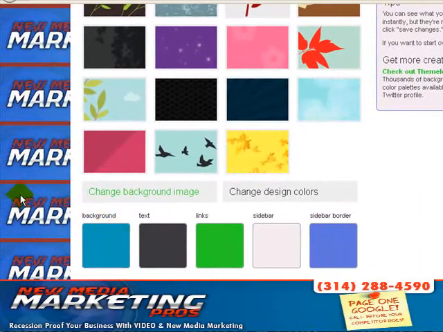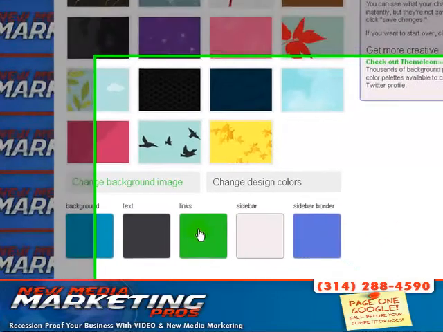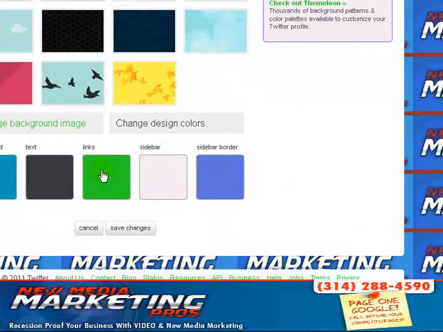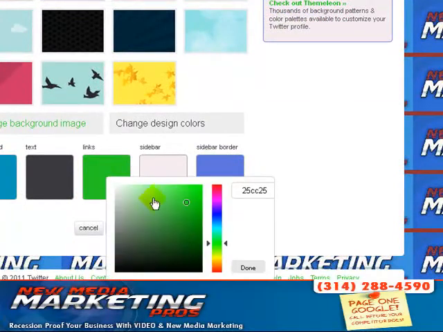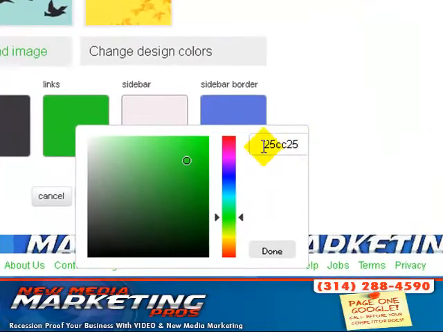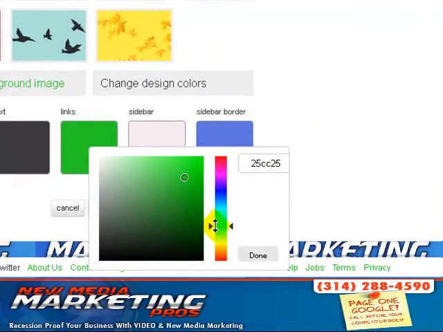Now you already have your background set here, so you don't really need to change that color. You have your text, and of course you've got to be careful with your text, so I recommend you do these other ones first. You can choose your links color, so if you click on links, you can simply move this around. Now if you already know the hex code color here, you can drop the code number in here